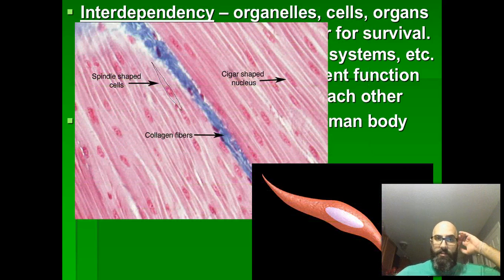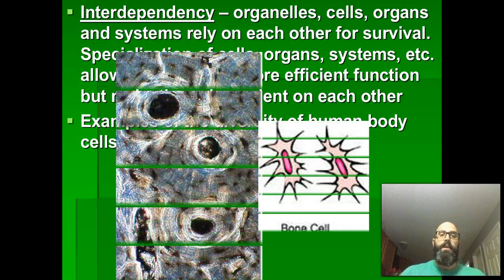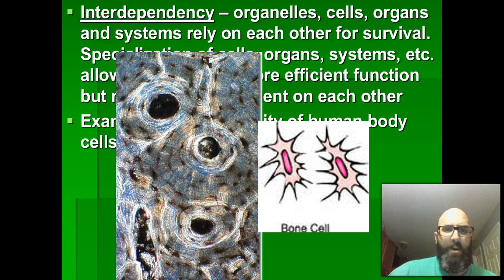Then we have muscle cells. These are smooth muscle cells. If you look at these, they have a completely different shape than red blood cells, but the reason they have that shape is because they serve a specific function. They have one job. Then you have bone tissue or bone cells. Each one of these small black dots has bone cells within it. They form what are called osteons. This looks completely different than the previous two examples because it serves a specific function.